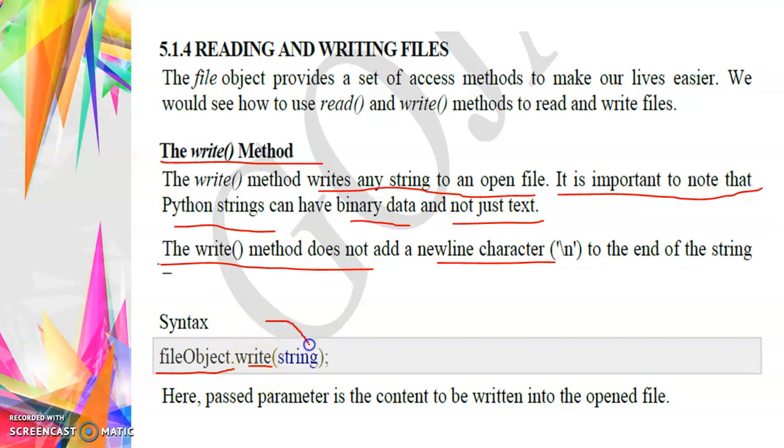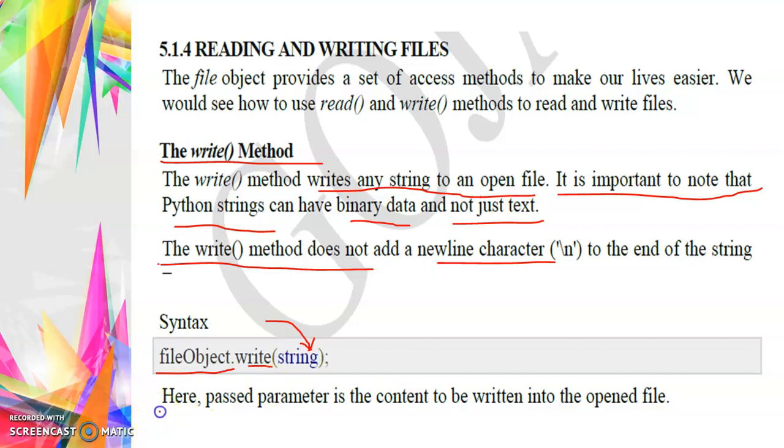In the write function, I am passing a string as the parameter. I already opened the file foo.txt, and the accessing mode of that file is wb, writing binary format.